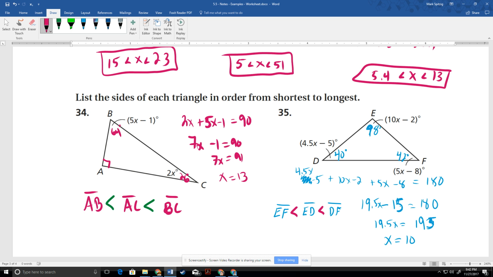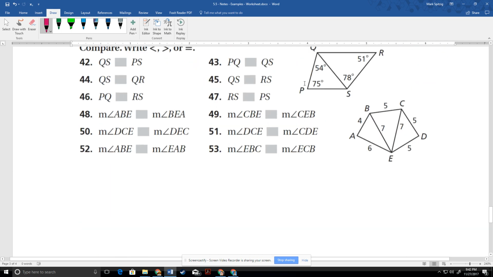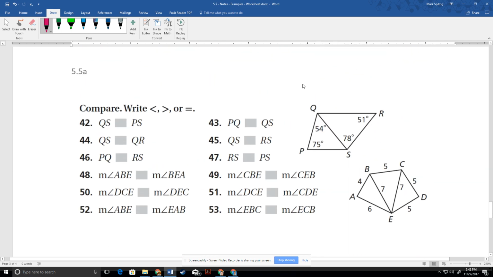Now, again, I could ask, or anyone could ask for longest to shortest. Make sure you listen up and make sure you pay attention to that. All right, so finally, we have this last page. So now we're just sort of comparing them. So if I'm looking at QS and PS, let me just find these angles real quick, and that way we can easily sort of figure out